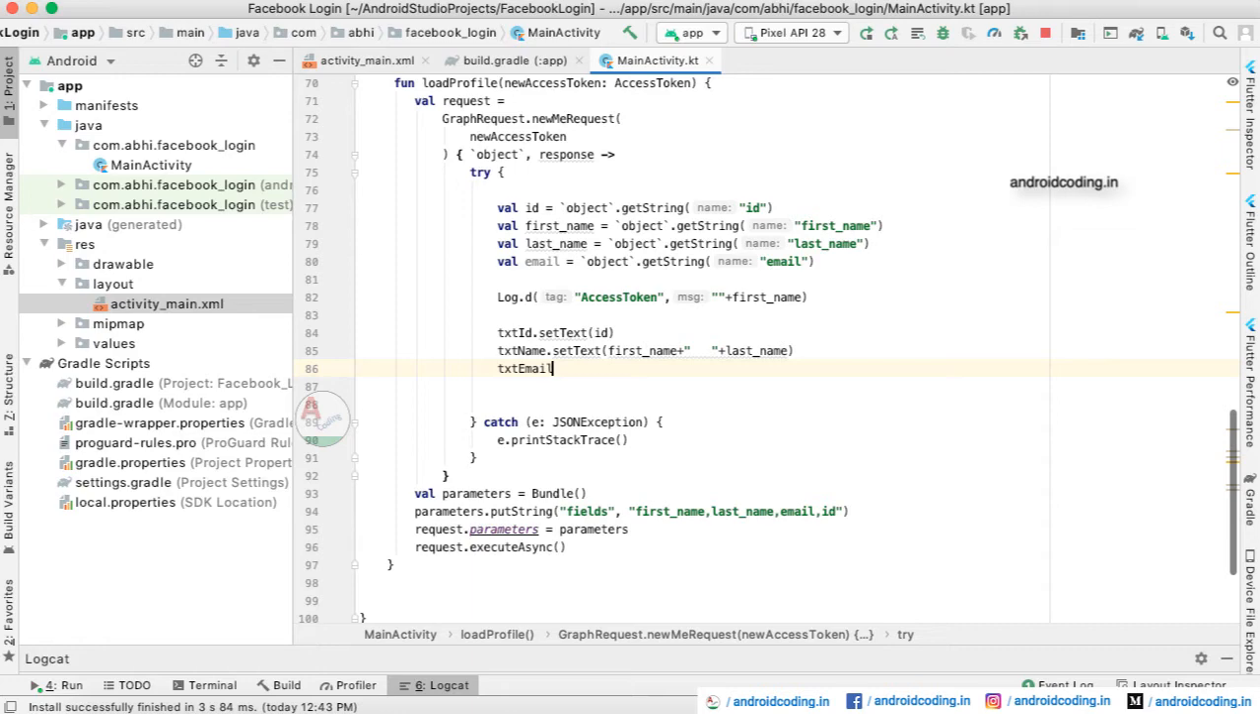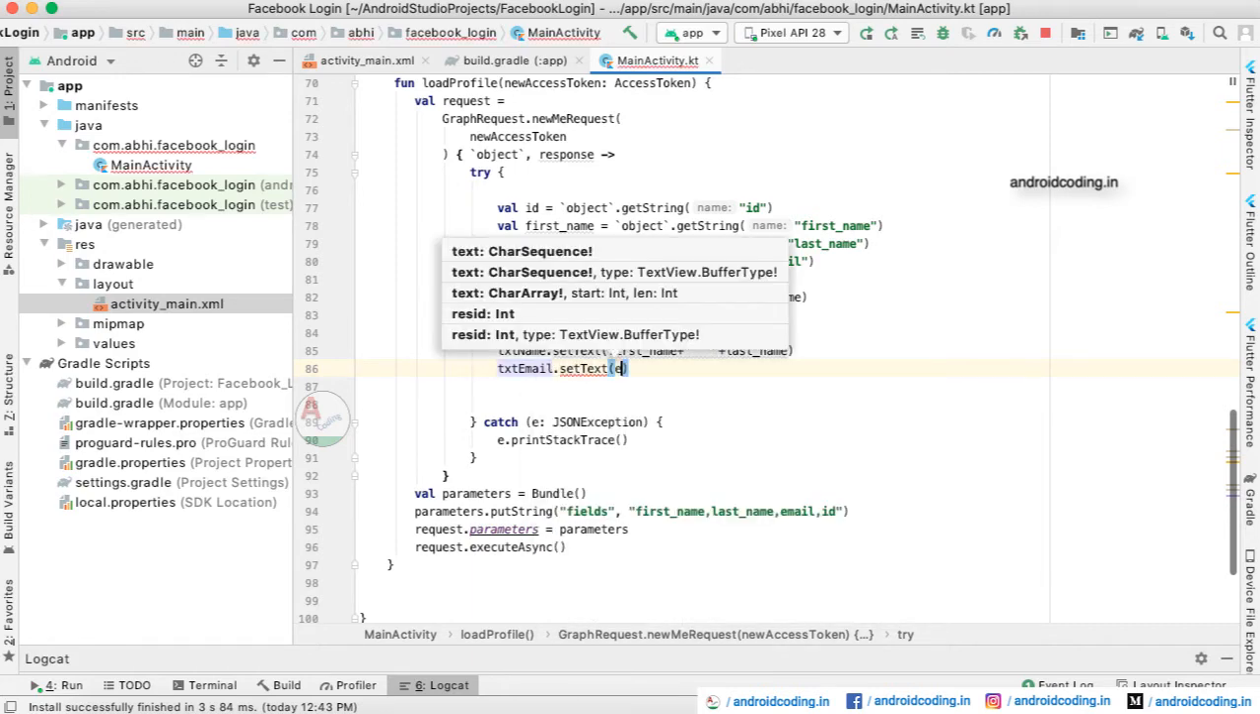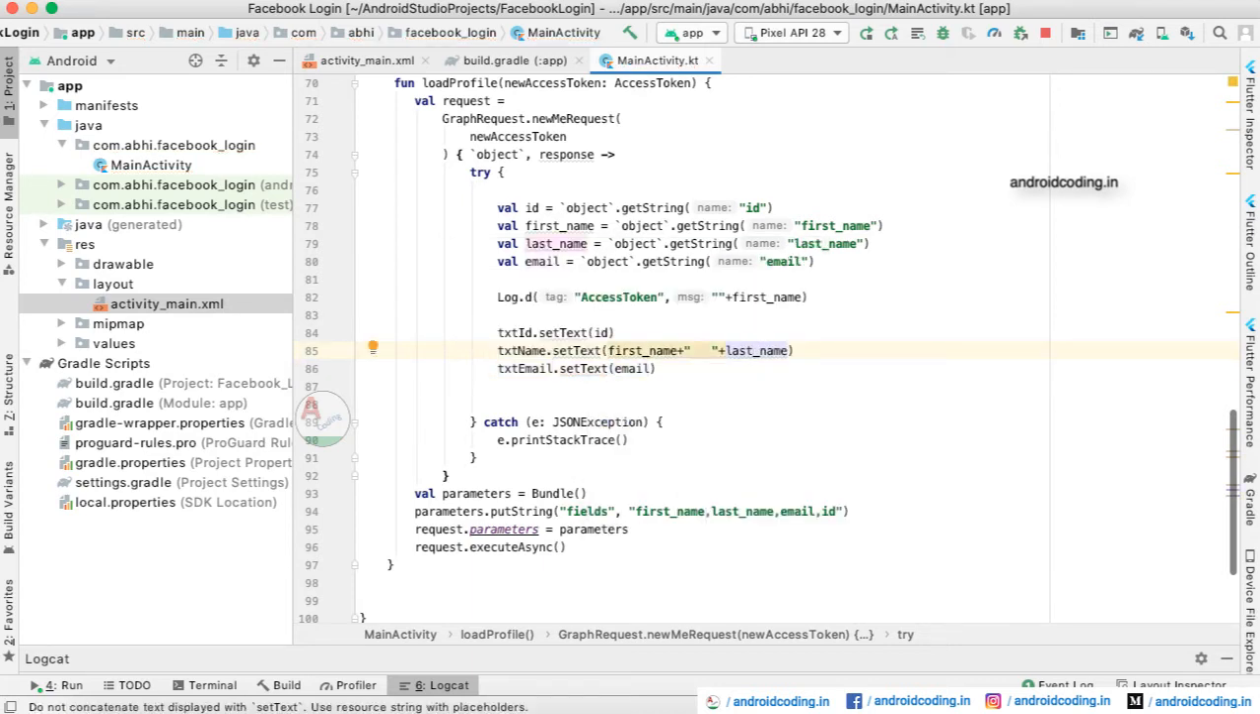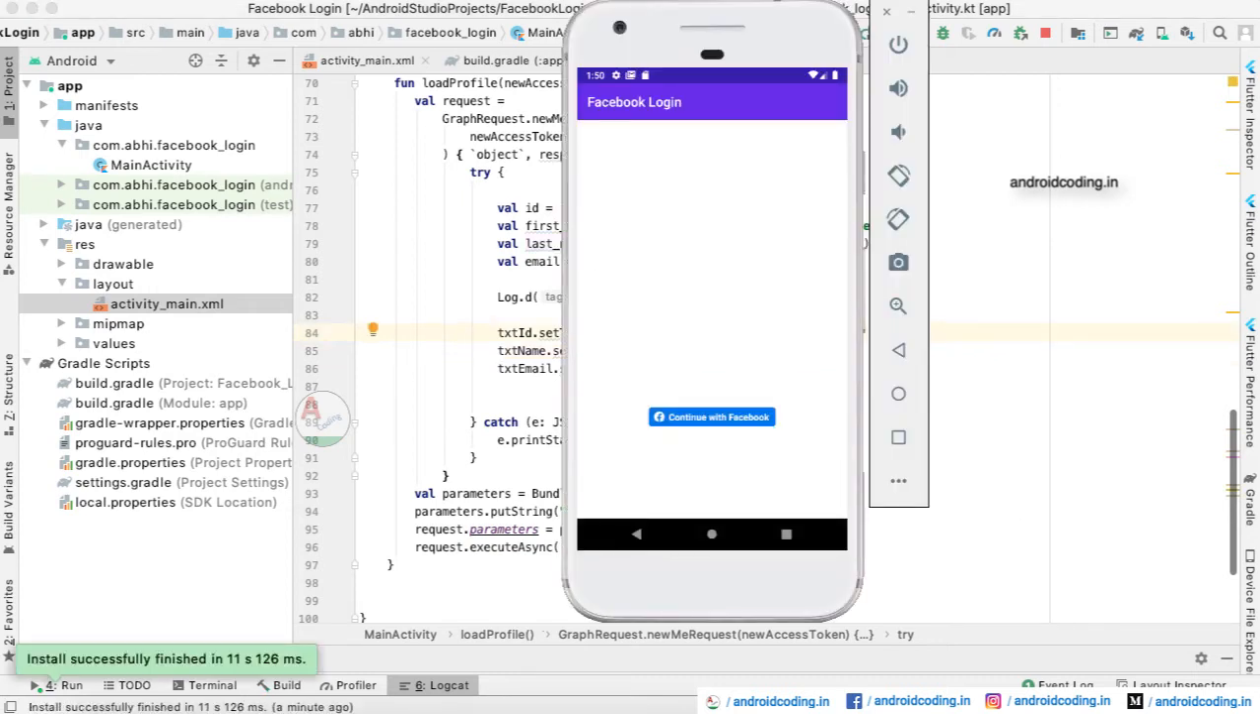And here for the email, we will be directly specifying the email string here. So this is it. And now let us try to see it. So here you can see our application is being loaded, and when you tap on the continue with Facebook button,